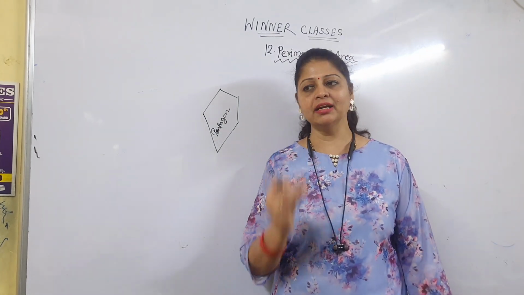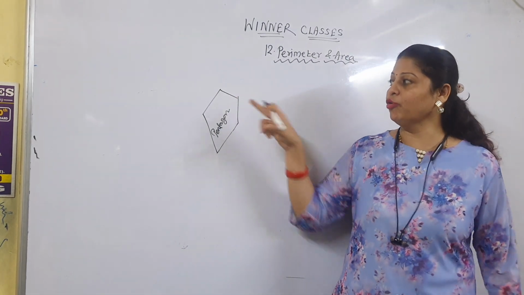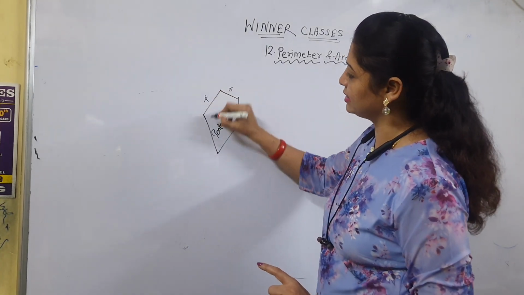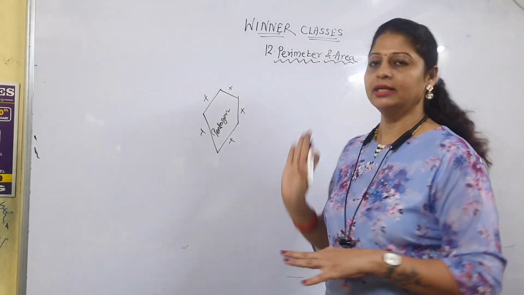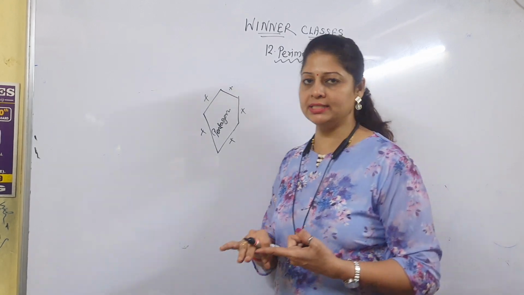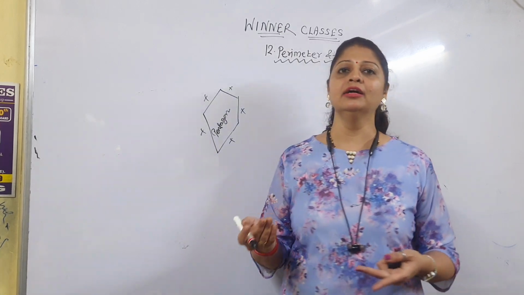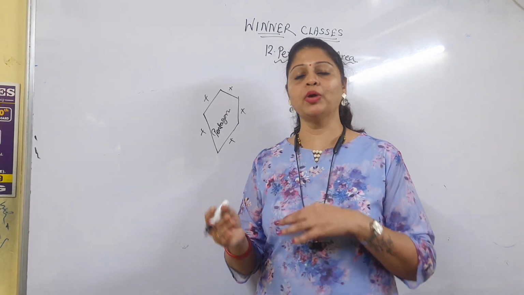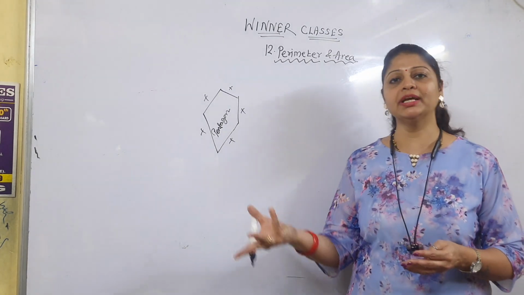So whatever the diagram we have, when we have to find out the perimeter of such a type of diagram, at that time we want the sum of all sides of the diagram. Okay, we want the sum of all sides. Whatever the sides are there, we add all the sides, then we will get the perimeter of that diagram. Got my point everyone? So triangle means 3 sides are there, means sum of 3 sides. Then square, 4 sides are there. Then rectangle, 2 equal sides are there. Total number of sides are 4. Opposite sides are equal. Okay. So according to that, formulas are there, and we have to use the formula to find out the perimeter, and then we will get the answer.